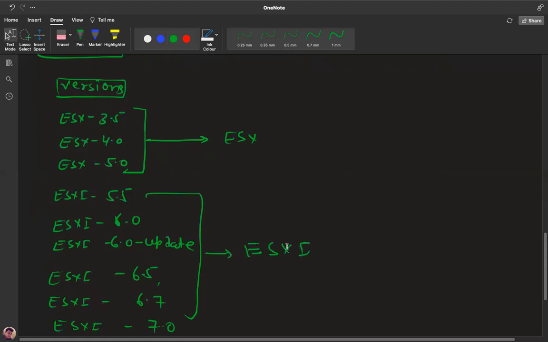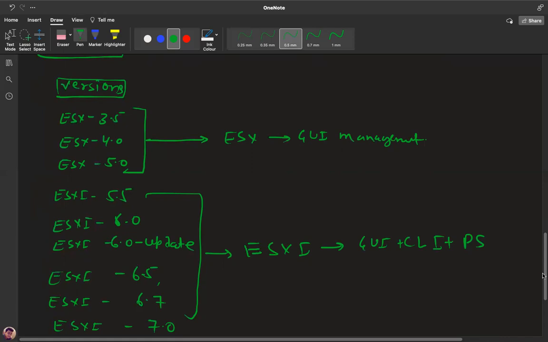The actual difference between ESX and ESXi: ESX helps you create a virtual environment with only GUI management. You are unable to configure anything with the help of commands or scripts. ESXi is integrated with GUI plus CLI plus PowerShell.